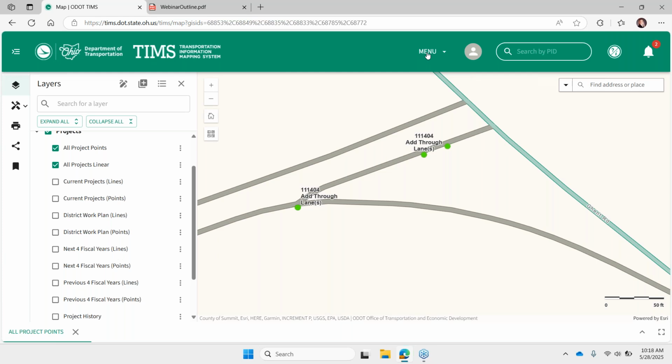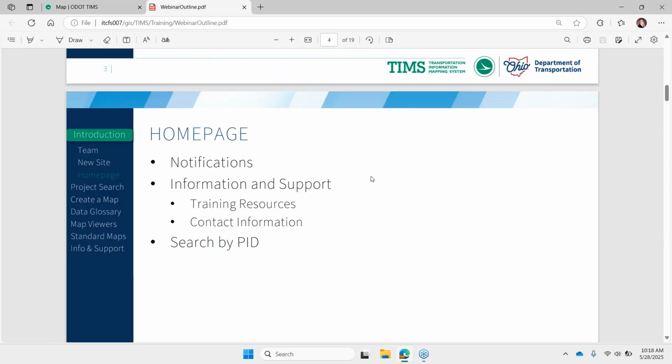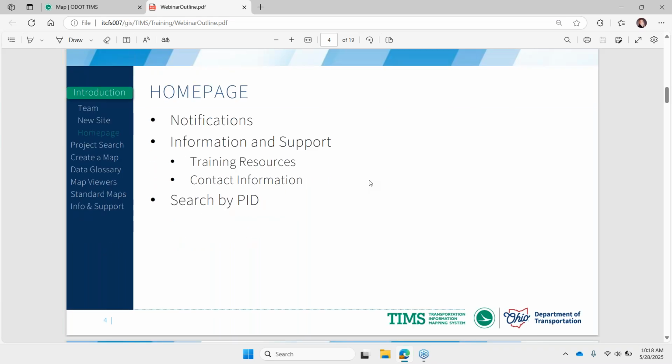But now we're going to start fresh from the Create a Map page and start stepping through everything there. But you know what? Before we do, let's check in with my slides, make sure that I'm not skipping anything really important. We went over the home page, and hopefully you'll especially remember that information and support page where you can get lots of training resources.